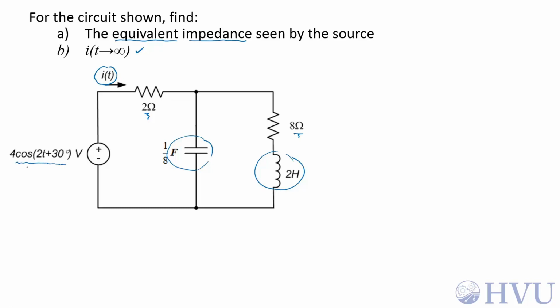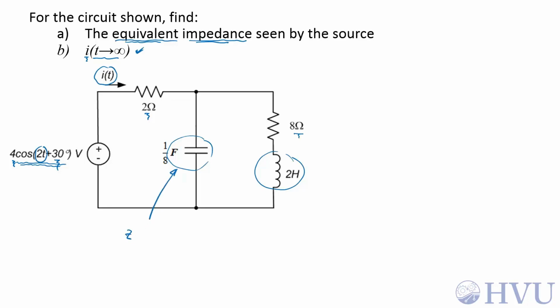input. So for a sinusoidal input, I, as t goes to infinity, is also going to be a sinusoid with the same frequency. We just have to find the magnitude and the phase of I of t. That's definitely a frequency domain problem. So we can use our results from part A to find I of t. At any rate, the first thing we need to do is convert the capacitor and the inductor to the frequency